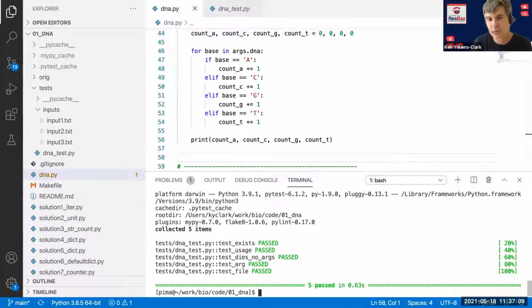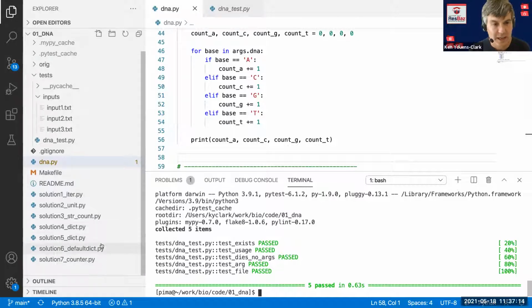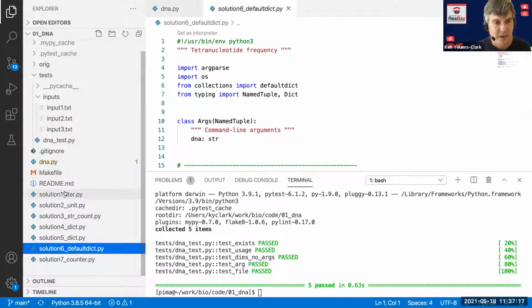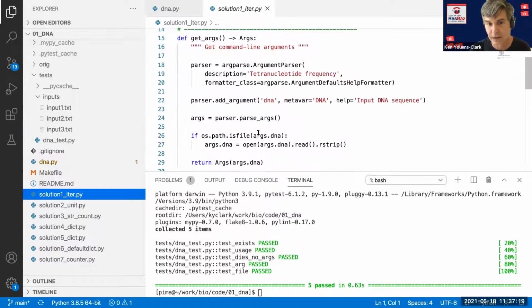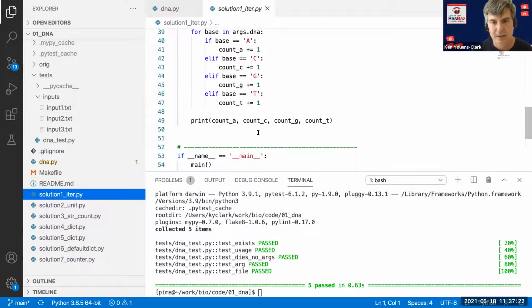We now have a working program. We know one way to count all the bases. I actually, if you look over here, have 7 different ways to count them. And the point of exploring all these other ways is to see what else we can do with Python, because this is an extremely verbose solution that's very much like you would write something in C. But there are a lot shorter ways to write this in Python that use some things that are unique to the language. So I'm going to take a moment here to see if there are any questions about what I've done so far, because I don't want to go forward unless you're cool with this.